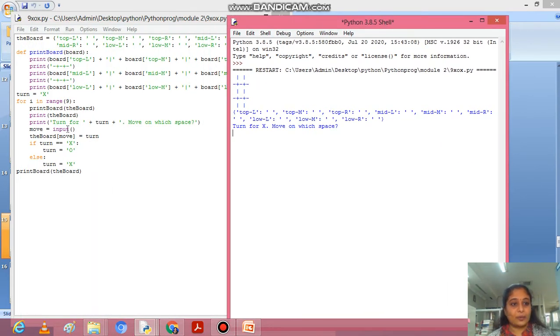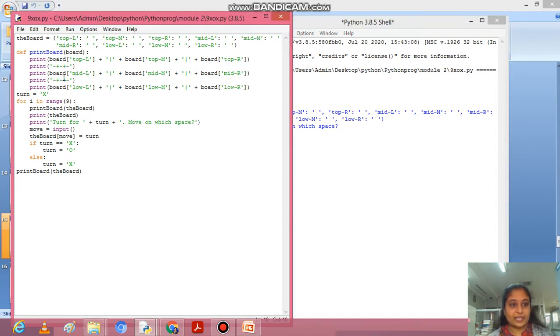With the help of the print statements here, since top L is empty, only the concatenation with colon is printed in the first statement, and in the second statement the horizontal line is printed with the help of minus and plus. Again the third row is printed with colons, then plus and minus for the horizontal line, then colons.